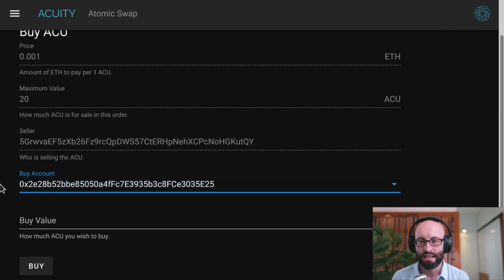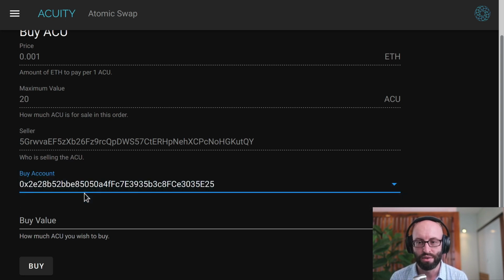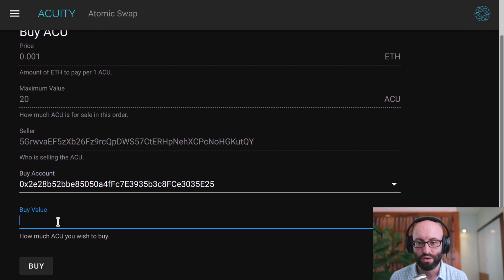Again, I specify the buy account. This would typically be a different Ethereum address than the payment address for the seller. The buyer will specify which account they wish to pay with, and then they say how much Acuity they want to buy. So let's say I want to buy 4 Acuity,